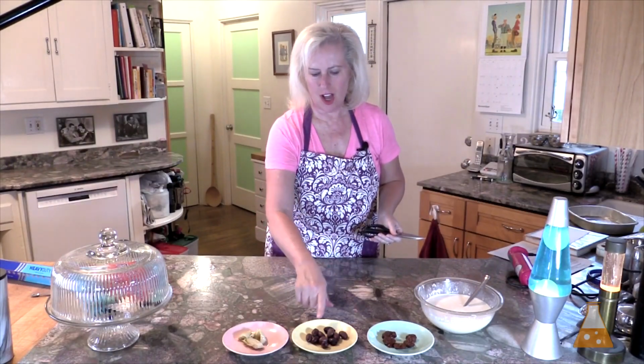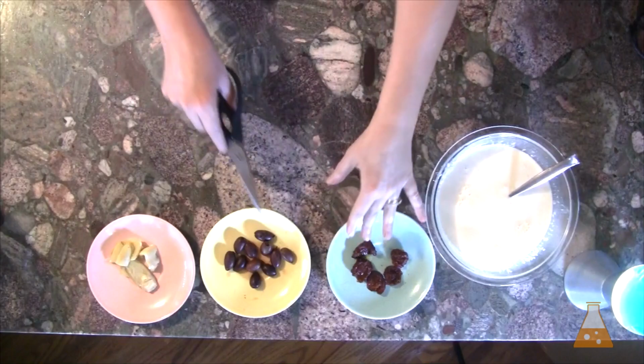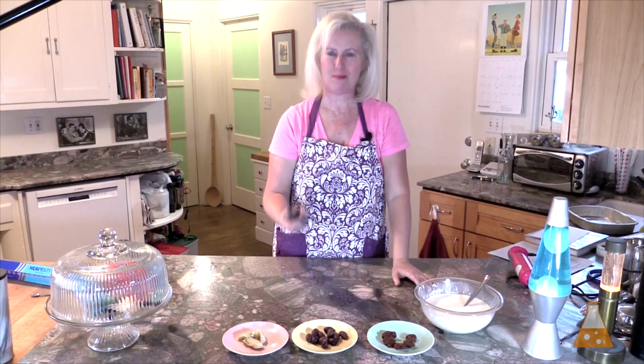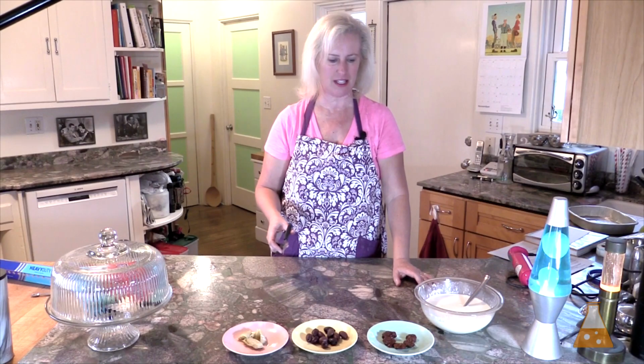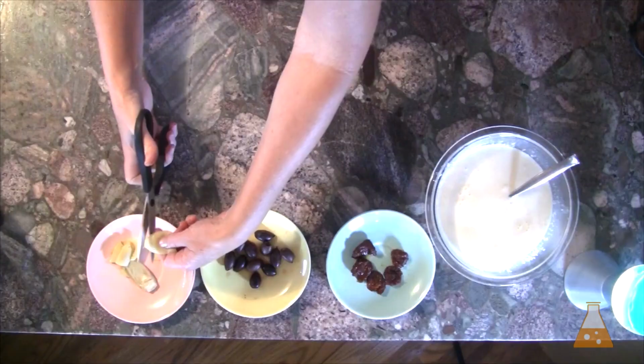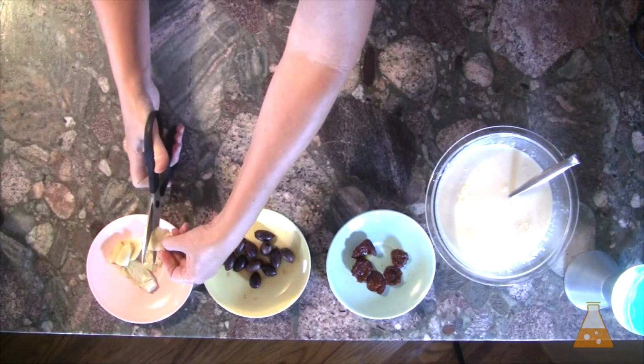The artichoke heart, olive, and sun-dried tomato quiche. These pieces need to be cut up into smaller pieces. You can use a knife and a cutting board. I find my kitchen shears, my kitchen scissors are just the thing for these small and quick jobs. So I'm just